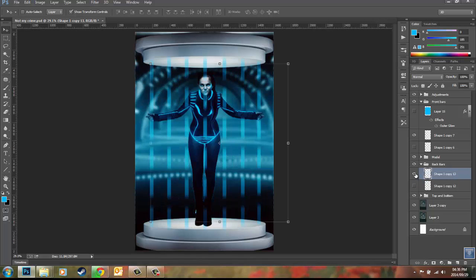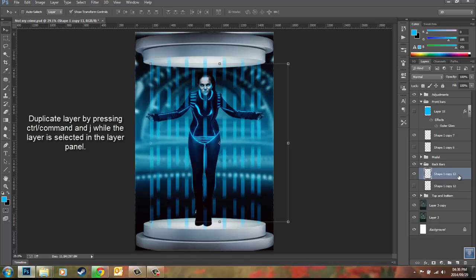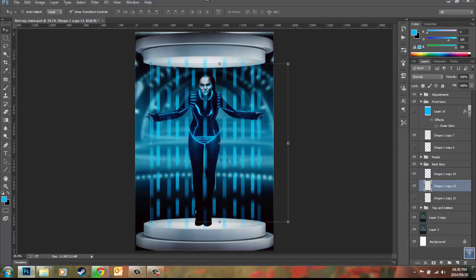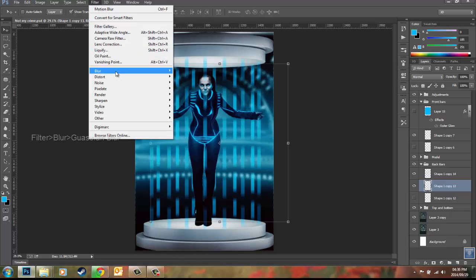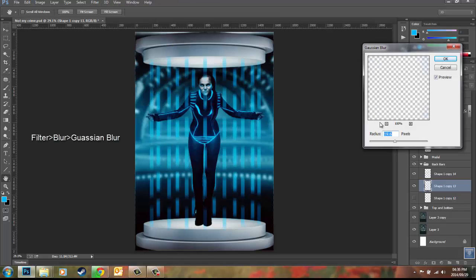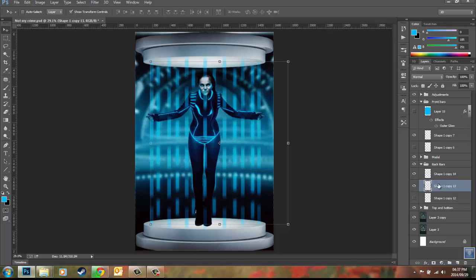This file where all the bars are now on this layer, you're just going to duplicate it again by using Control or Command J. And then the bottom one, we're going to blur even more by going to Filter, Blur, and then Gaussian Blur. Okay, you can check and uncheck the preview, but it must just in the end look like this bit of glowiness around the other one that looks normal. So mine is fine around there. And then you put this on color